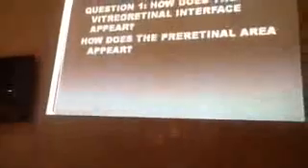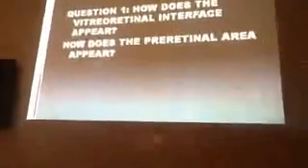The pre-retinal profile, for example. This is what it should be. A normal pre-retinal profile is black space. You see a black space. It's the vitreous. The normal vitreous space is translucent. Those small faint things you saw before in one of the pictures are just noise. They are nothing. So how does the vitreoretinal interface appear? How does this area appear?